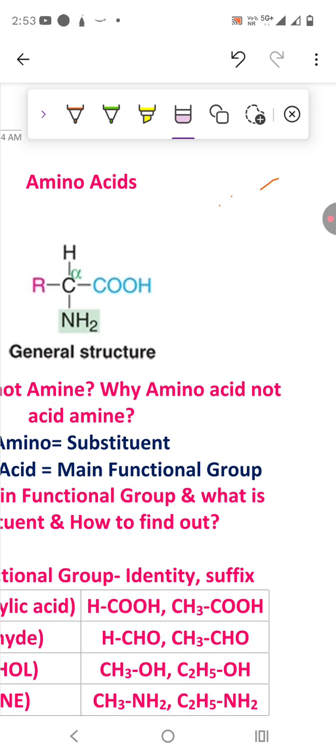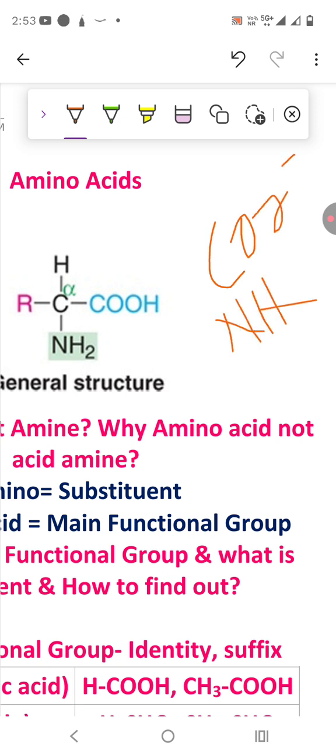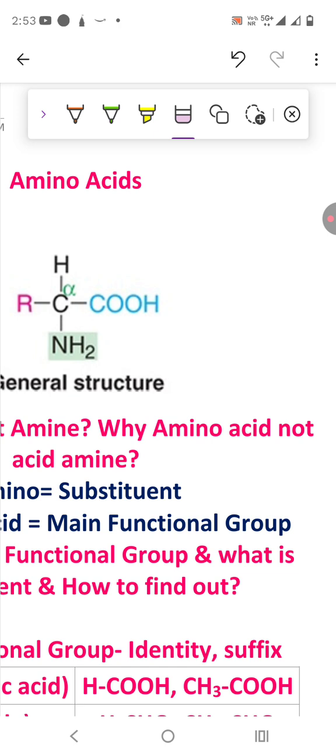Also, in a biological system, this amino acid exists in ion form, that is, as COO minus and NH3 plus. Why? Because in the human body there is water. Since water is H2O,